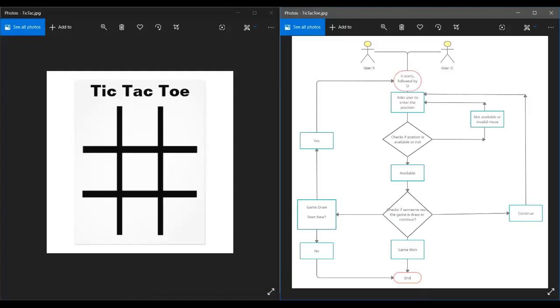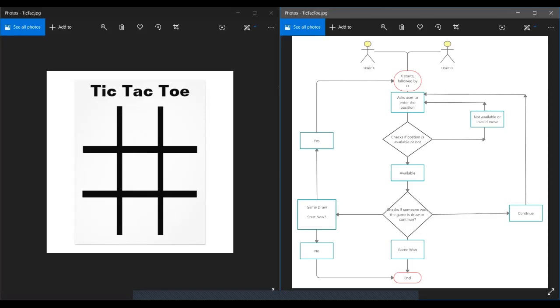And once that seat is appointed to it, the computer will check if the game can be continued, if the game is a draw, or if the game is won by someone. If the game can continue, it will ask the next user for his input. But if the game is a draw, it will ask the next user if he wants to continue or if he wants to cancel the game.